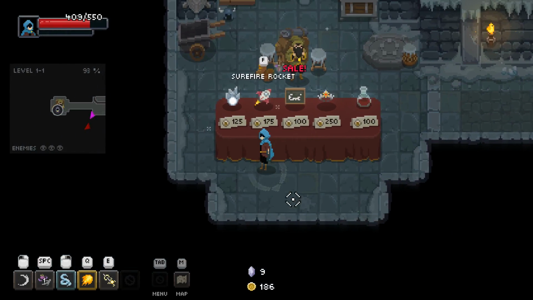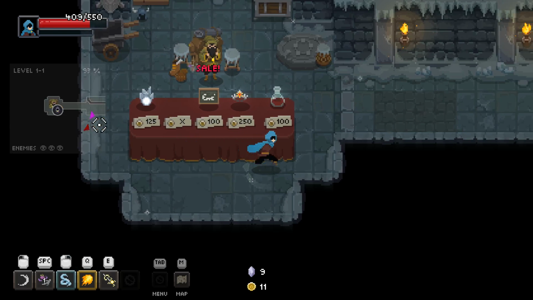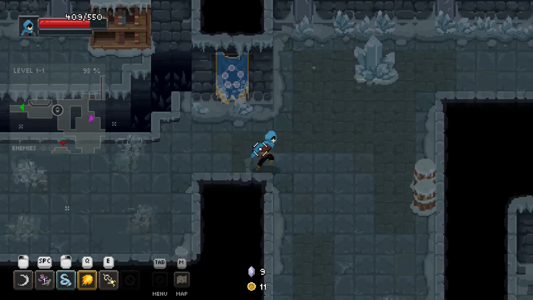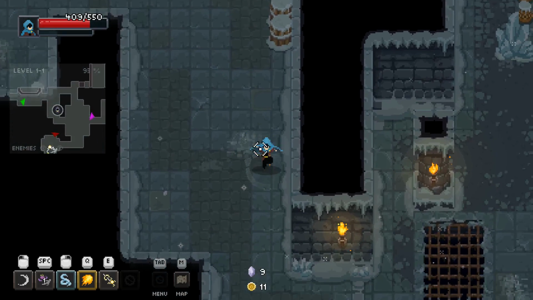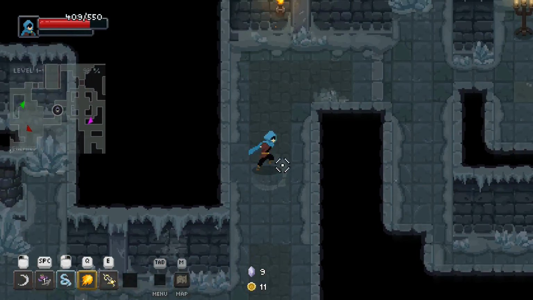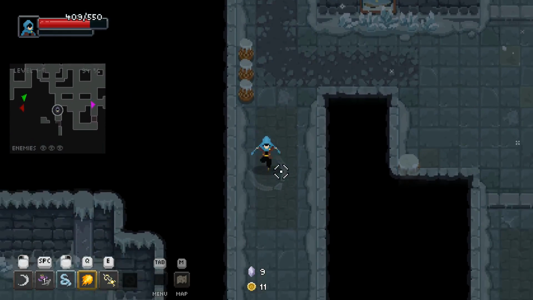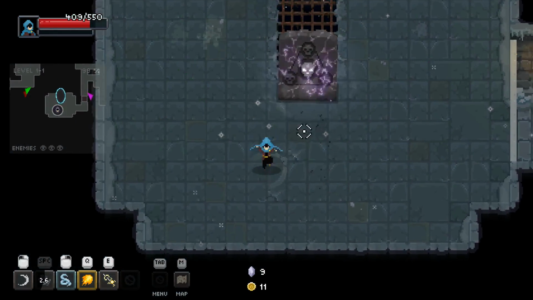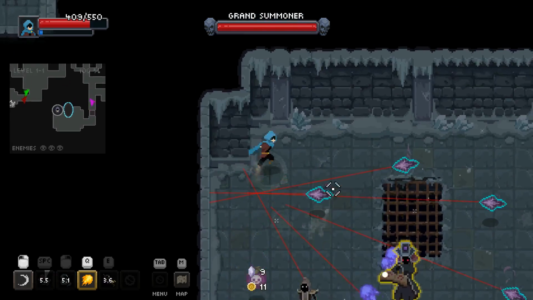Let's come back, we'll buy the 175 Surefire Rocket. Signature charge no longer decays while building up. Okay, so we should be able to use our fire charge, or like our signature fireball, way more often. I've heard from people this is considered a really good relic. I think I've had it before. I might have had it on the NLSS the one time we played it there, and I didn't know what it was doing. Now that I have a slight, and I do mean slight, understanding,